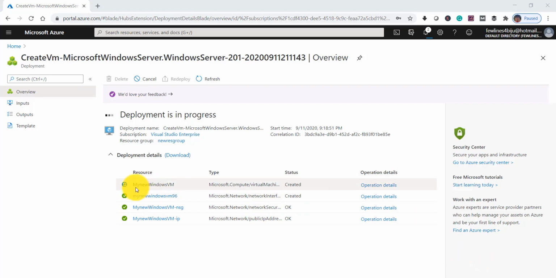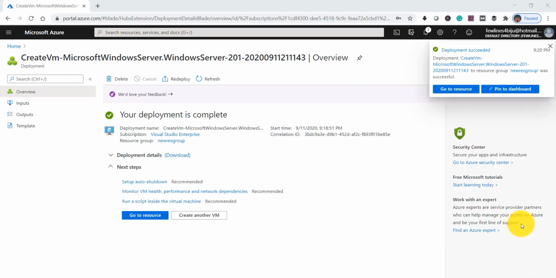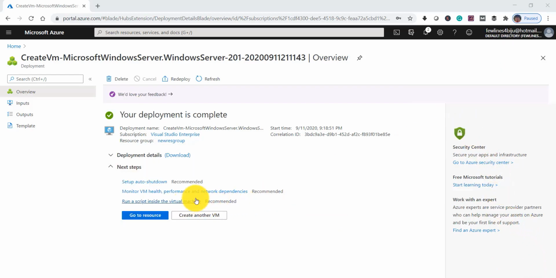You can see it started creating all the components one by one. It will take just a few seconds to create all of this, then it will show you that deployment is succeeded. You can see here it is showing that your deployment is complete.